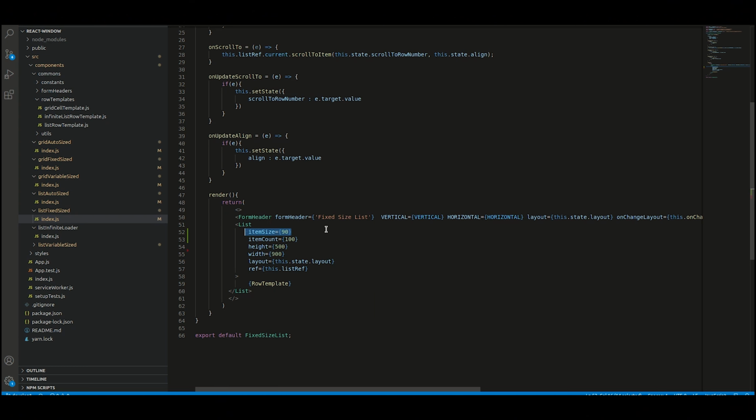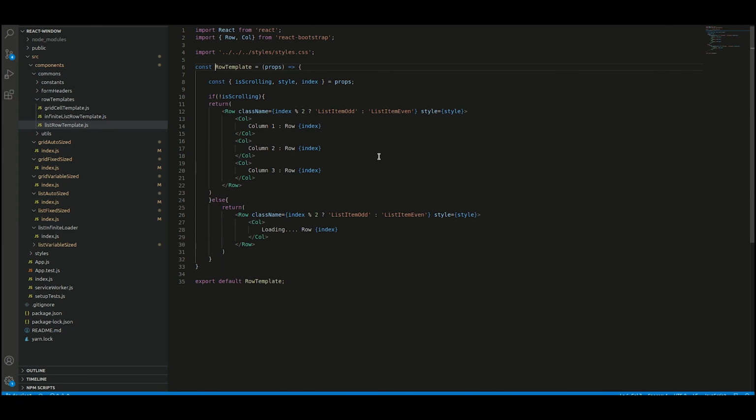And this is a row template that I have reused among fixed and variable lists, which reads the data element from each index and passes it on to the template. Ease scrolling is another feature, and I will explain it when we go through the grid. Most importantly, remember to pass the style from the parent to the row component, or else you will notice unpleasant flickering while scrolling through.